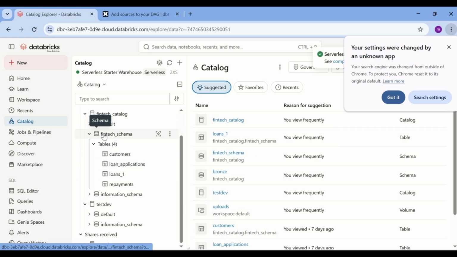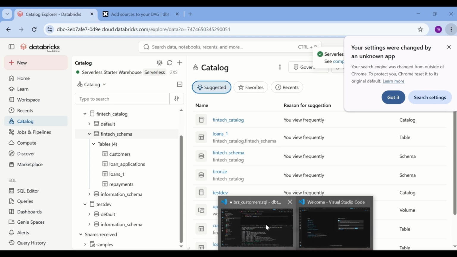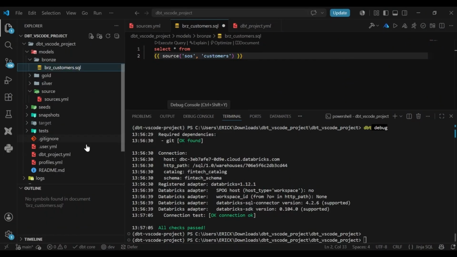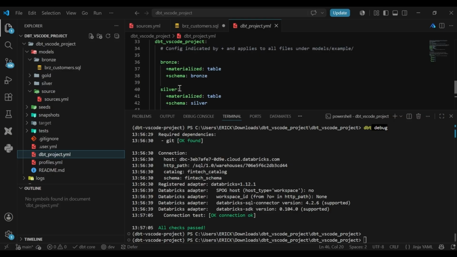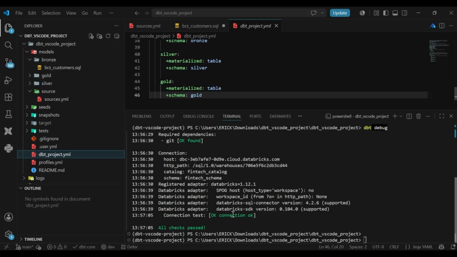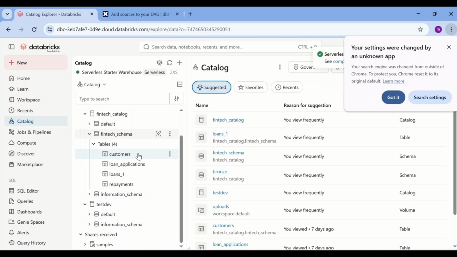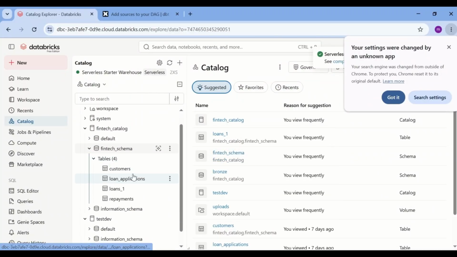It will be something like Fintech schema and then bronze. So for you to create this other schema, you need to replace this area now. This area is what determines